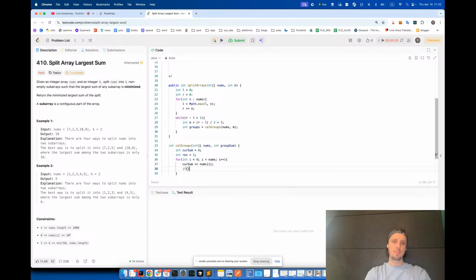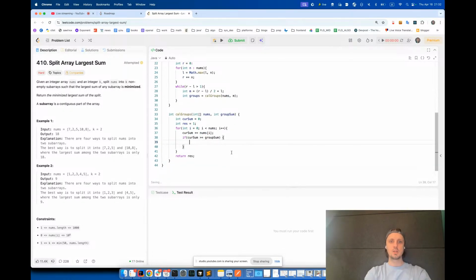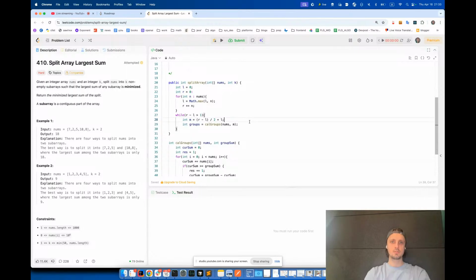If current sum becomes greater or equals to group sum, it means that we increment our result by 1, and current sum becomes group sum minus current sum, and yeah, I think that's it. So it's about calculating groups, and then